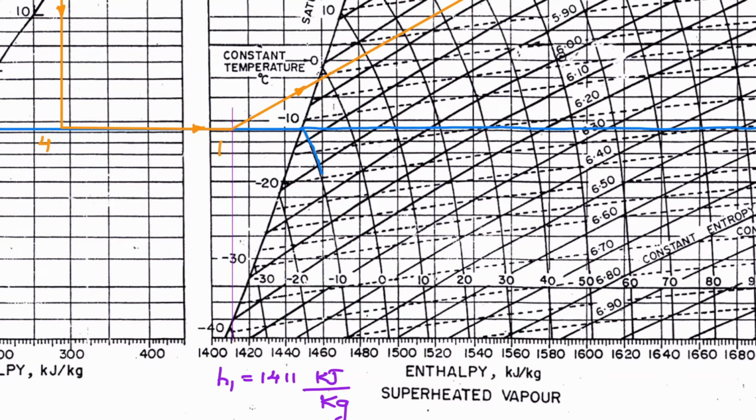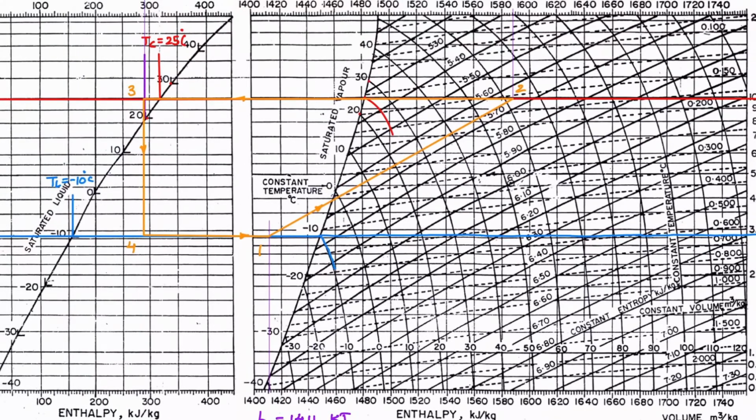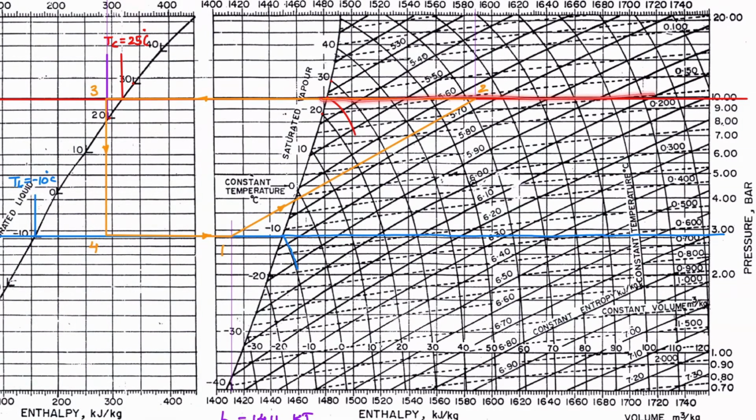Then from point number 1 we have to follow constant entropy. So here you can see this is point number 1, and if you draw constant entropy, it should be in between these two, according to the slope. So this will be process 1 to 2. Now you have to extend this point wherever the high pressure line cuts. There you will get point number 2. So wherever this high pressure line intersects with the isentropic line 1 to 2, which is isentropic compression, there we will get point number 2.